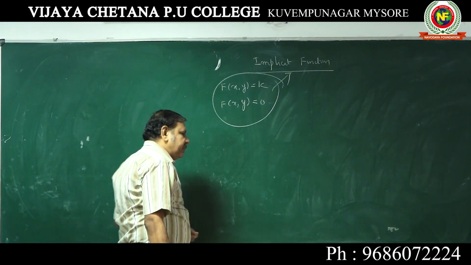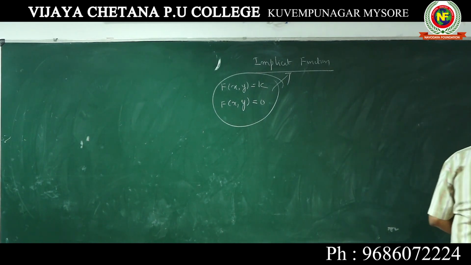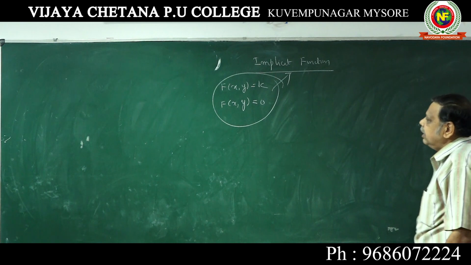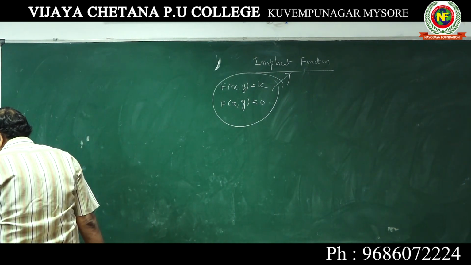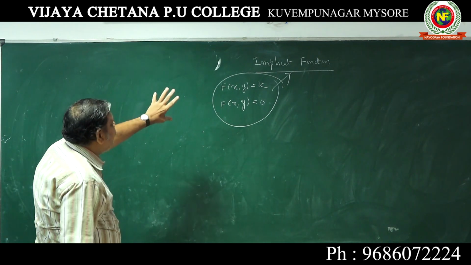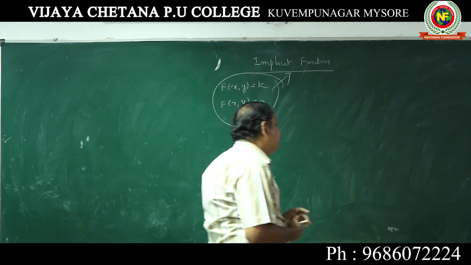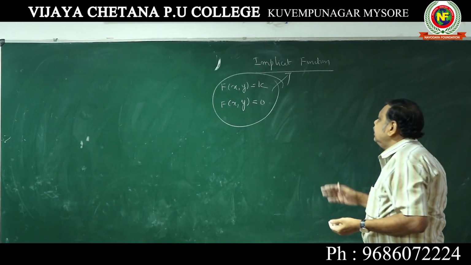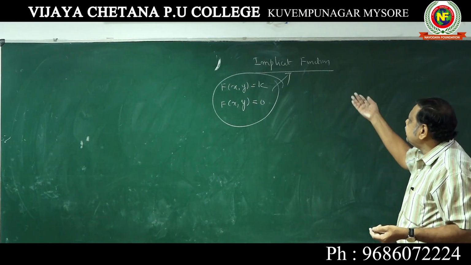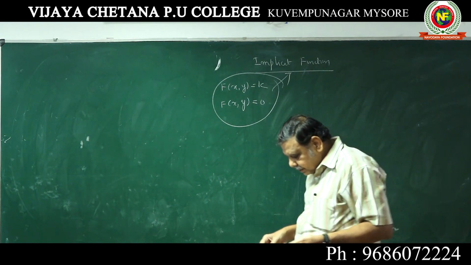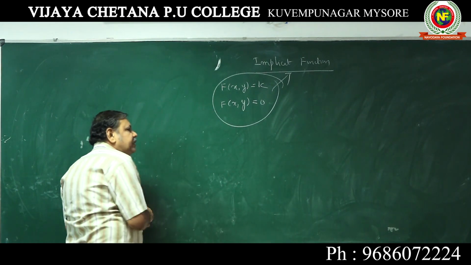And after implicit function, we have to go for inverse trigonometric functions that we are going to take up later. Now let us do some problems on implicit functions. Any function of the form f of xy is equal to k, or f of xy is equal to 0, both x and y will be there in the equation. Then such a function is called implicit function. So far we did explicit function. Now we should do implicit function.